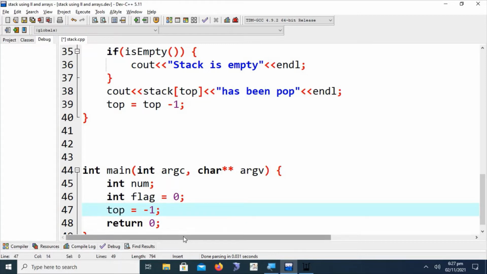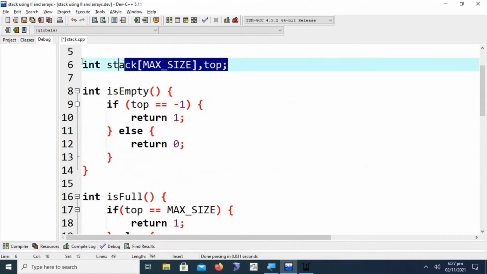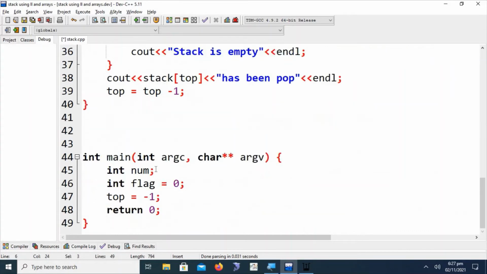Because top is a global variable, as we have declared it outside the main function. The stack array and top are global variables, one is an array and the other is a variable. Top is equal to minus 1 because the stack pointer initially points to minus 1, which is one less than index 0 of the array.